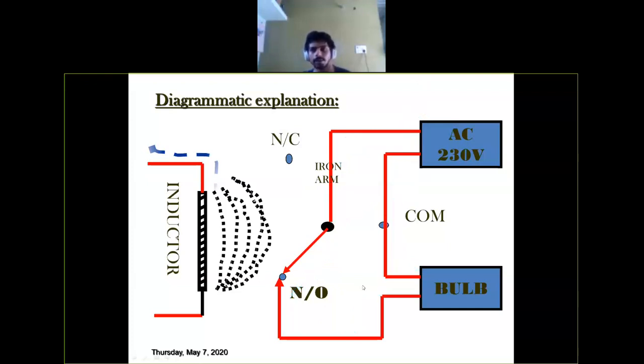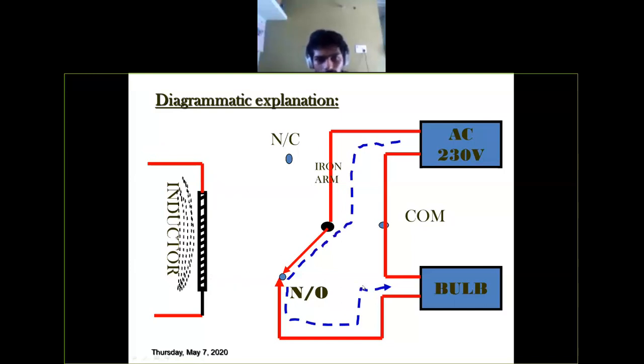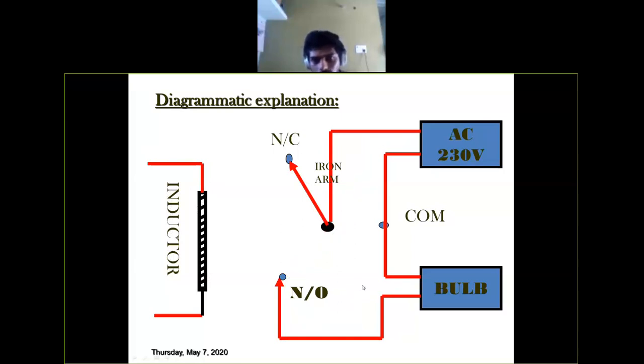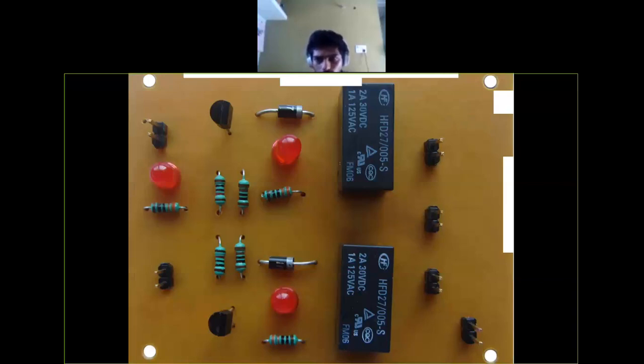Finally, when the magnetic field is generated, automatically this gets connected to NO and the bulb gets switched on. As the bulb gets switched on, the relay is on and you can see the output, right? When the sensor is sensing something, you will see the output. So this output will exist for as long as the inductor has the magnetic field. When the inductor's magnetic field is removed, automatically your load gets switched off, and again it gets connected to NC. So that is the basic concept of the relay. Hope you understood this concept.